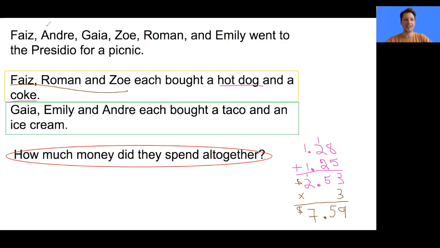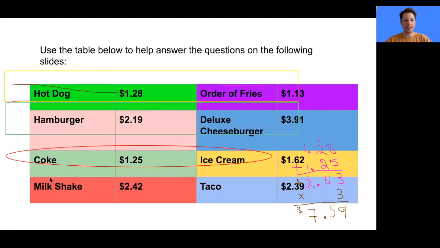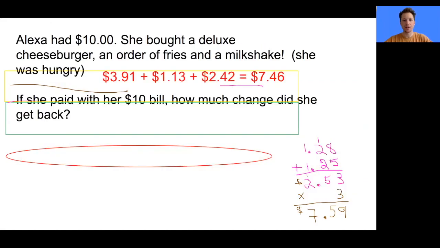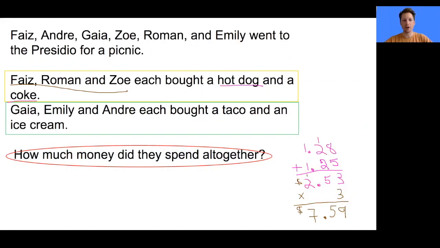I have to go back and do the same thing for Gaia, Emily, and Andre. So they bought a taco and an ice cream. Let's go back. Let's see how much a taco and an ice cream is. A taco looks like that is $2.39, and an ice cream is $1.62. All right, so I'm going to go back to the page that I'm on, which is right here. A taco costs $2.39. So I already see that a taco is quite a bit more than a hot dog. That's interesting. And an ice cream costs